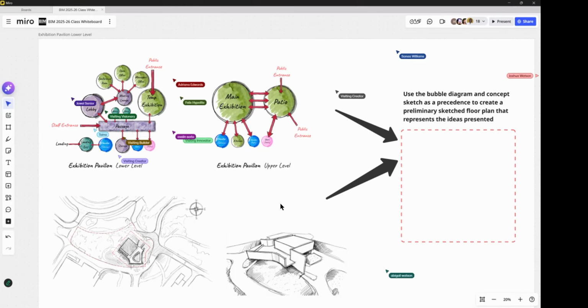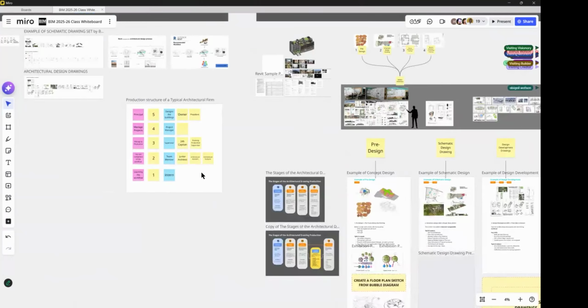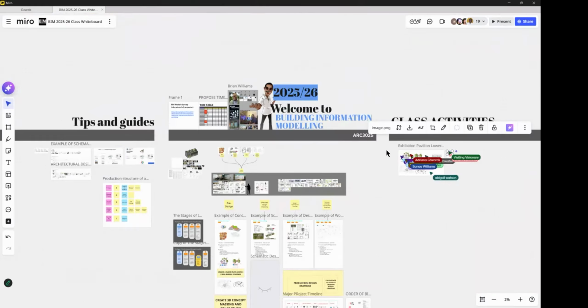Let me tell you guys, this is one of the reasons why in CSA it's not just about teaching you to press the buttons and to draw a floor plan and a roof section and stuff like that. Because the idea is you may start out, go back to my diagram here, in production doing drawings mainly, which is usually where we start.